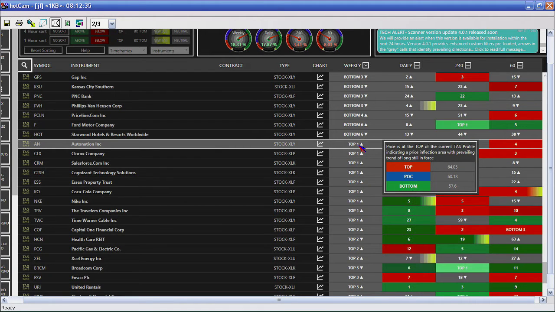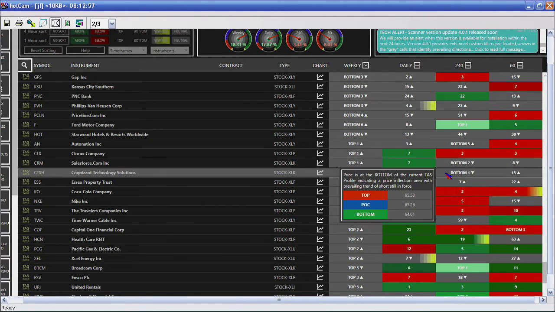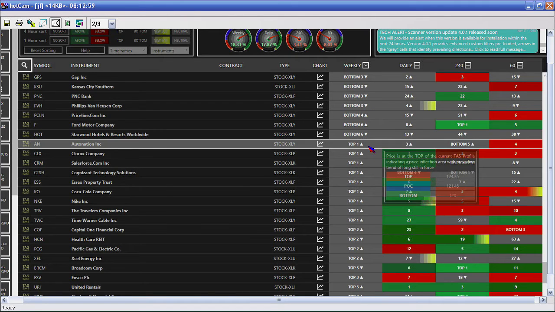That means that by default, the number is associated with the first time it's in the profile from a recent breakout above that profile. So what does that mean? I'm going to show you graphically what that means. And then hopefully at some point I don't really need to look at the charts anymore the way I look at this, because I kind of see the landscape of certain instruments relative to the profiles.